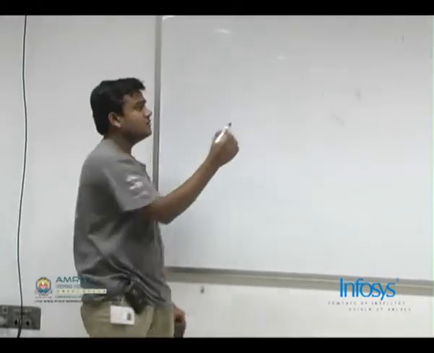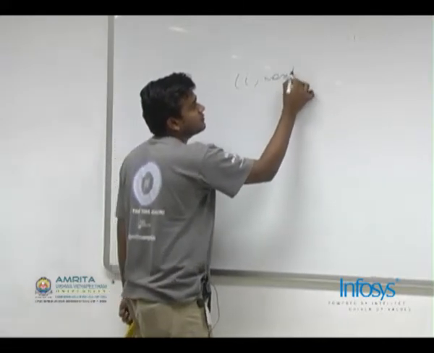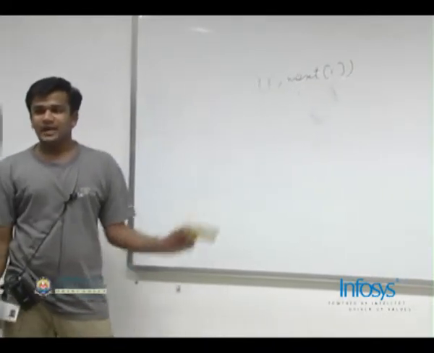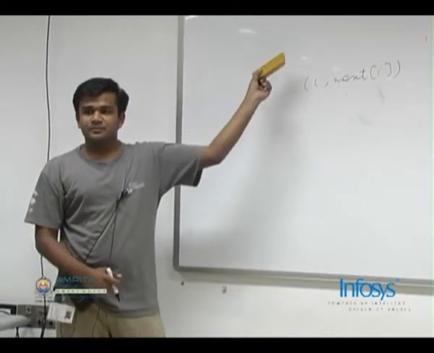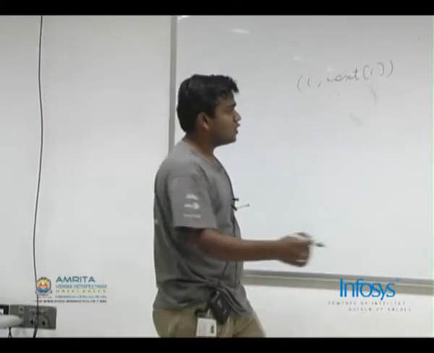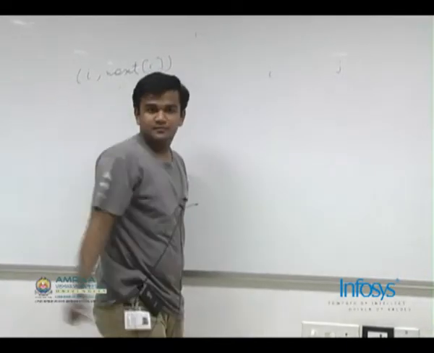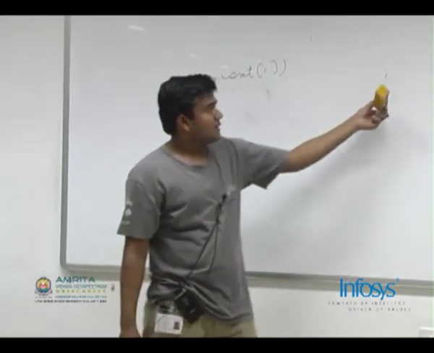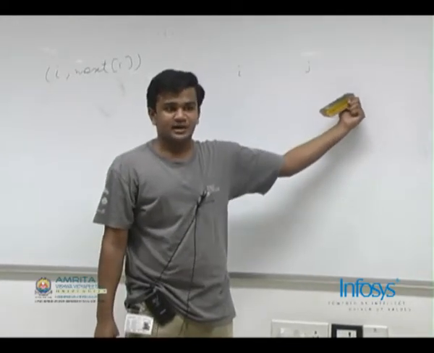Now we start taking i and next of i as a point in 2D plane. We can plot these points i comma next of i. We can plot them, right, for all n points. Now let's look at our query which asks to find distinct numbers from i to j, right. So what we are looking for is all the numbers in i to j such that their successor is not coming before j, right.